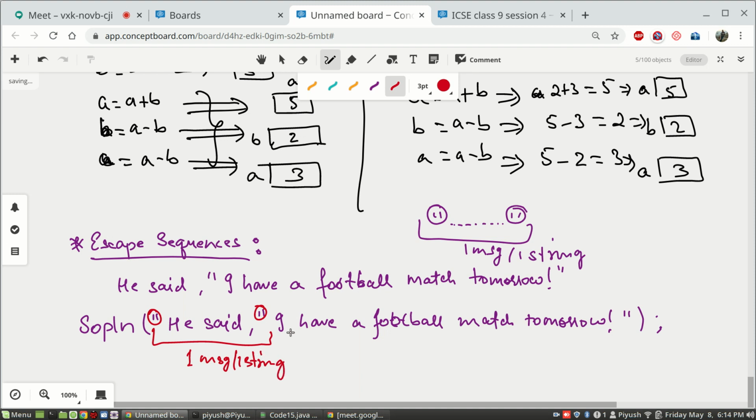However, it won't know what follows after that. What is this? Because the start of this is not a message, not a double quote, it will get confused. What to do? So it will complain, "I don't know what you meant."